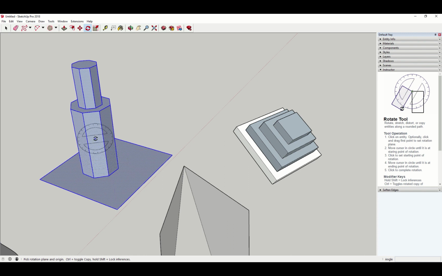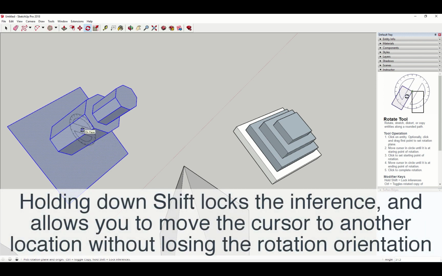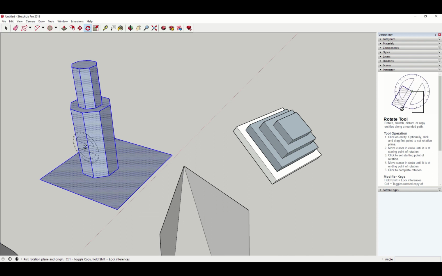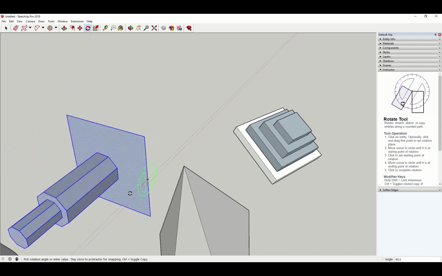Notice though that as I go over a vertical surface, the protractor flips up. And that is really handy if you want to rotate something around some vertical axis. But note that it can also be a little disorienting, and you can force SketchUp to either go horizontally by tapping the up arrow, or rotate in the red plane, or the green plane just by tapping the right arrow or the left arrow, respectively. Then I can plant this anywhere I want, and it won't flip sideways,